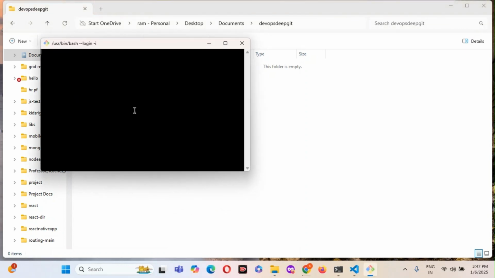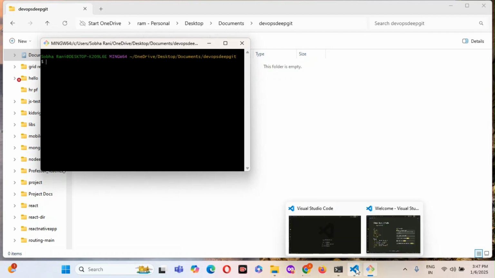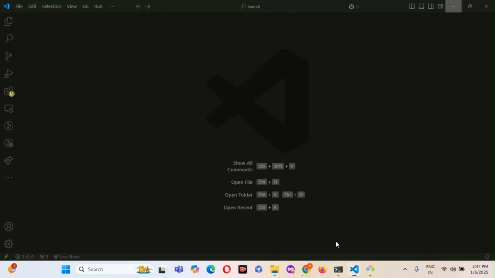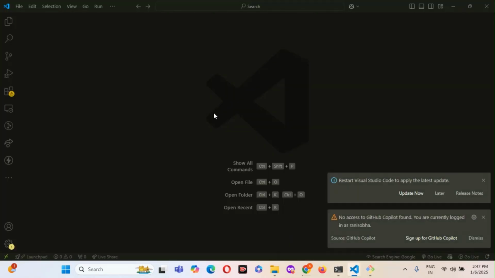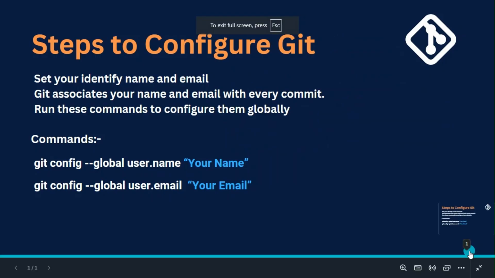Here also you can write Git commands, whichever is your wish. You can go to Git Bash, or if you go to Visual Studio, whatever you wish, you can write the commands to move the files and push them to the GitHub repository. Git to GitHub: Git is our local, GitHub is the remote server. Whatever files are in local, we push them to the remote. So let's see the first command.